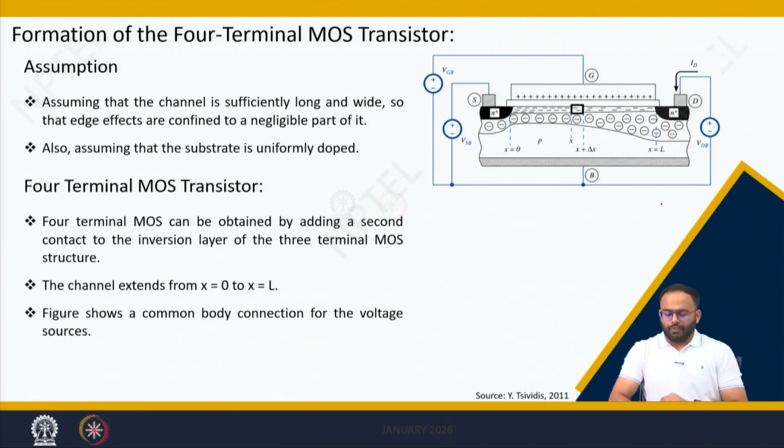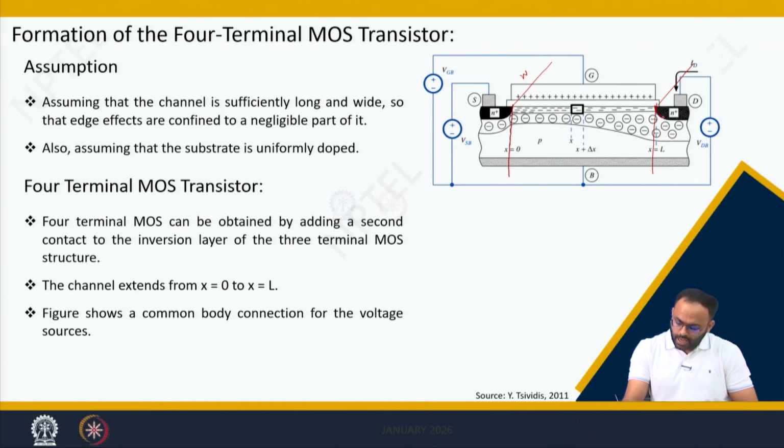So here we assume some approximations to go forward. First of all, we are assuming that the channel length is sufficiently large, and similarly the channel width. So this is a three-dimensional structure. This is the width dimension, right? So channel width and channel length are sufficiently large so that we can ignore the second order effect at this